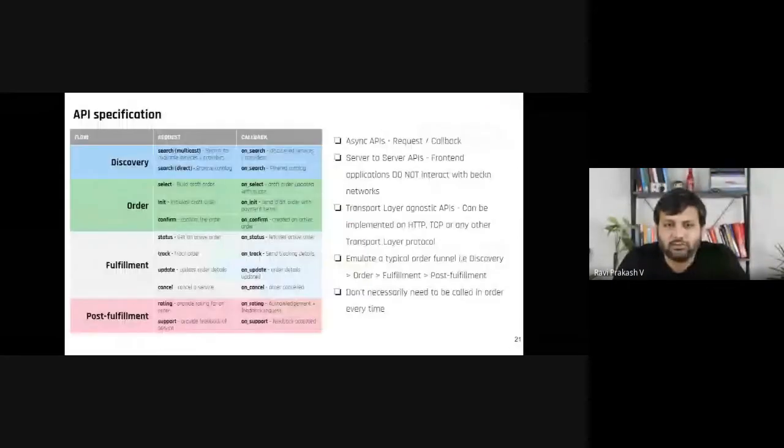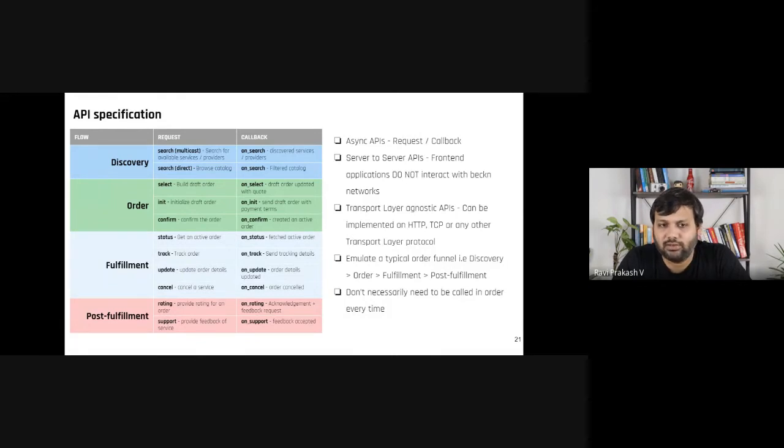Now, just to give you a snapshot, the API specification component in the specification layer comprises these 8 to 10 asynchronous APIs, which emulate a typical order funnel, from search to confirm to track to rating. We will come back to these APIs later, but just to give you a feel of what exactly backend APIs look like,